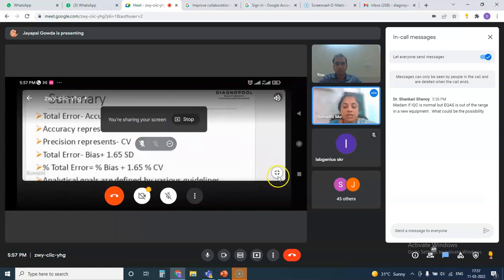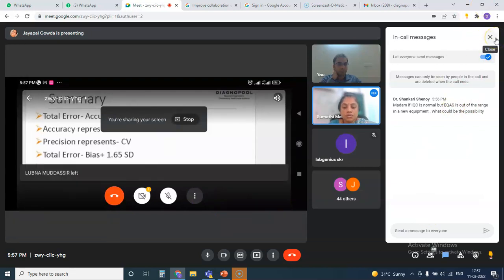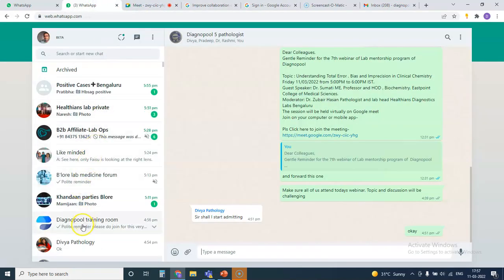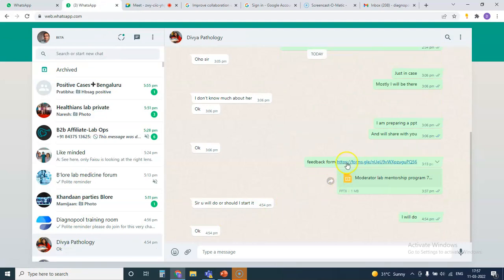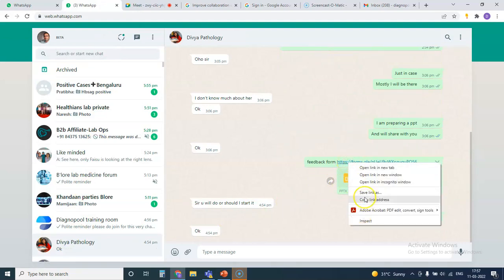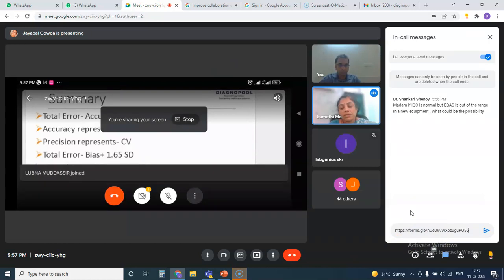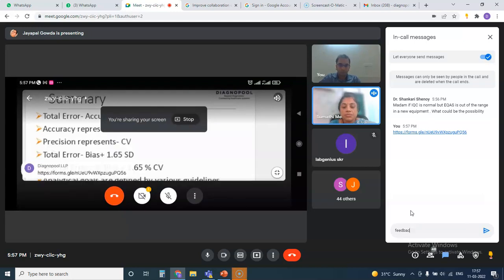Why? Because you would have set a broader SD. So you will have to look at whether the SD you have set is broad enough to mask your errors, or whether you have set the right mean. My advice is, when you are setting a lab mean, always correlate with your peer mean, because your peer mean will depict your actual mean, and you can pick your peer mean based on your lot numbers. When you correlate with your peer mean, you will come to know whether what you have established is nearing your peer mean. So there should not be much bias in that.